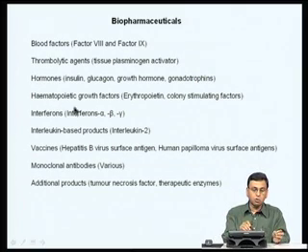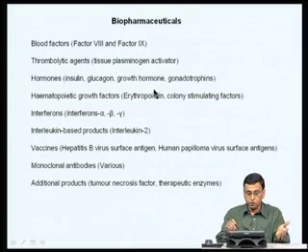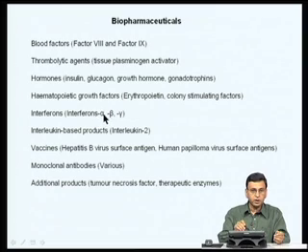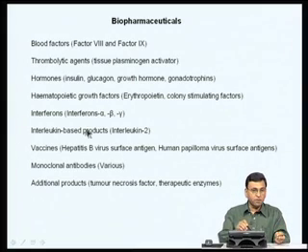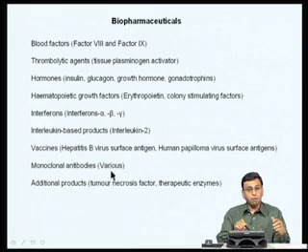A number of hormones like insulin, glucagon, growth hormone, various gonadotrophins have been produced. Several hematopoietic growth factors, erythropoietin, a variety of colony stimulating factors like GCSF, GMCSF, CSF and so on and so forth have been expressed, purified and are being used as therapeutic agents. A number of interferons again have tremendous applications in antiviral therapy. Interleukin based products such as interleukin 2, a number of vaccine proteins, the surface proteins of a number of viruses